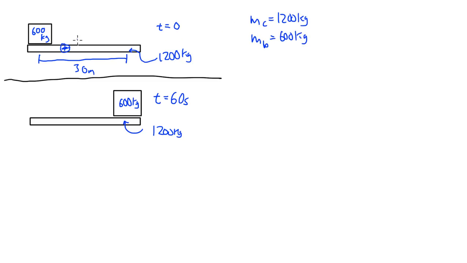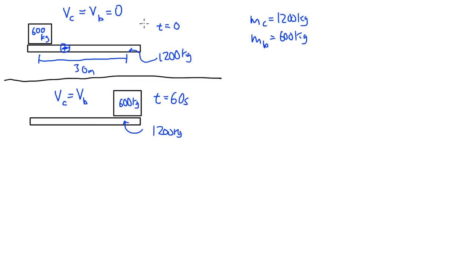Okay, so what do we know? We know at the beginning everything is at rest. So the velocity of the train car is equal to the velocity of the balls, which is equal to 0. Here at the end, we at least know that all the balls have fallen in the basket, so they must all have the same velocity as the train car. So we can treat the balls as just one object with this mass, and it has the same velocity as the train car, whatever that is. The balls are only moving because they're in the basket traveling with the train car, right? So, what is the initial velocity of this is 0, which means,